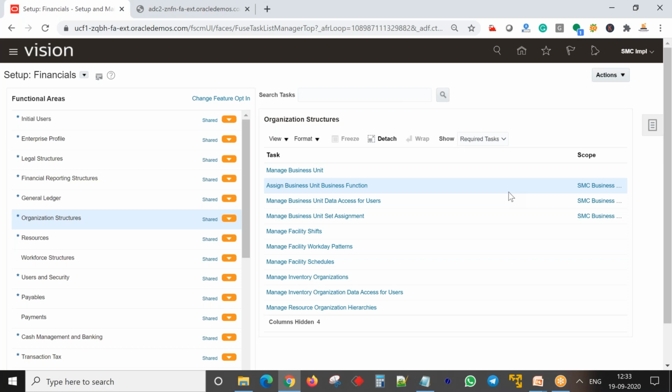So in the ledger, the important thing is the balancing segment, because it is the balancing segment for which the journals, the debit and credit lines, the balancing entries, are created. And when it comes to government reporting, typically you have to report the balances. You get my point, right? If you have to give the balance sheet, the balance sheet will have assets and liabilities, right? That's where the balancing is happening. Balancing happens at the balancing segment.